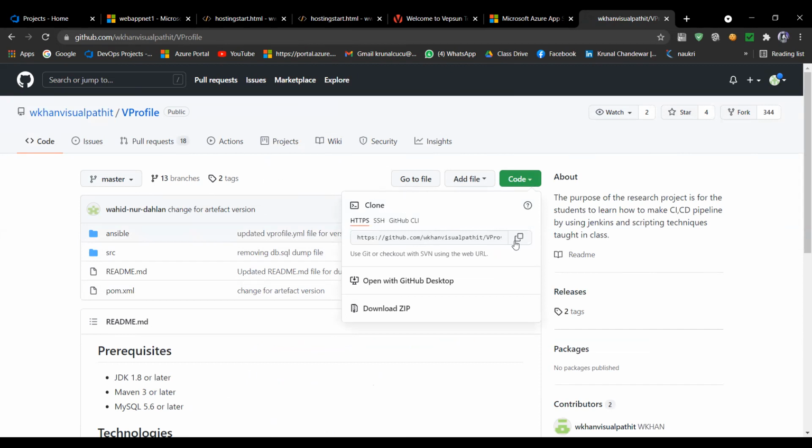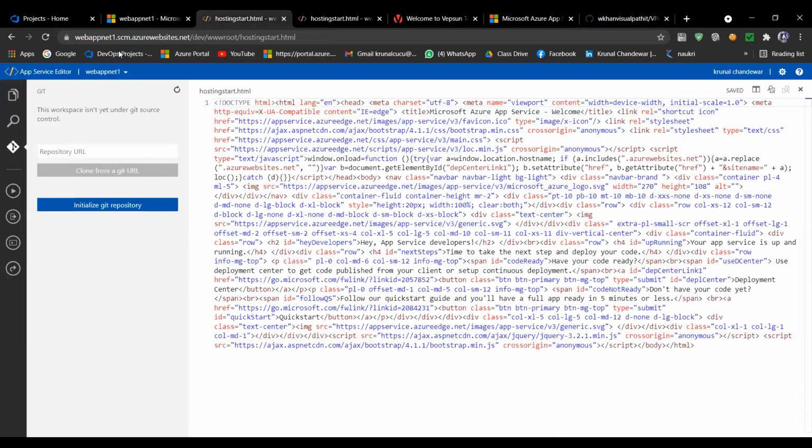I will make a clone, meaning I will copy this URL. This URL is for Git only.